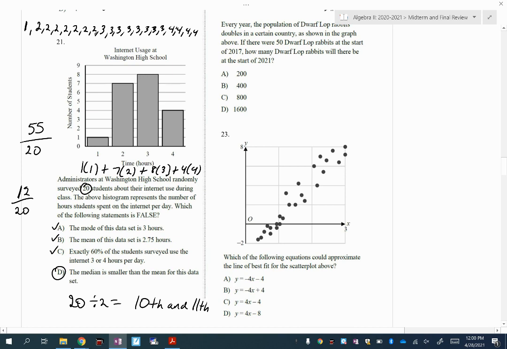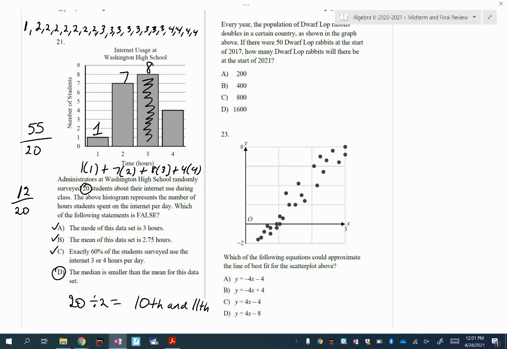Now, what happens with this is we have 1 here, 7 here, so I'll do it like this. 1 plus 7 is 8. I have not made it to the 10th and the 11th, but this is 8 here. So when I add that to my already having 8, 8 plus 8 is 16. So my 10th and my 11th data values are in that bin of the histogram, which is